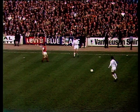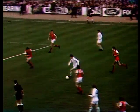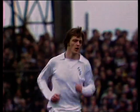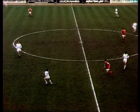Madeley is inside Revie. Clark. Now Clark in on the penalty area. And a shot. And Wilson comes out to nail the angle and takes it, but not at the first attempt. Clark, the man who worked the opening. Cooper